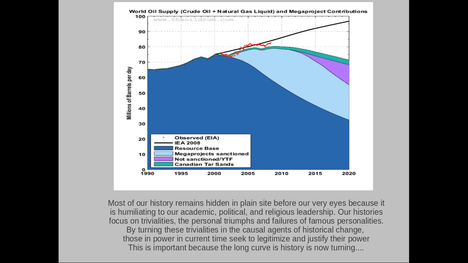That blue curve you see at the bottom of this multi-layered graph is what I would call the long curve, or one graphical representation of the long curve. The long curve is economic and ecological change. The short curve is political, cultural change. We focus on the short curve, the political, historical change, because it's so exciting, because it focuses on the power of leadership, when in fact the long curve dominates the short curve over time.